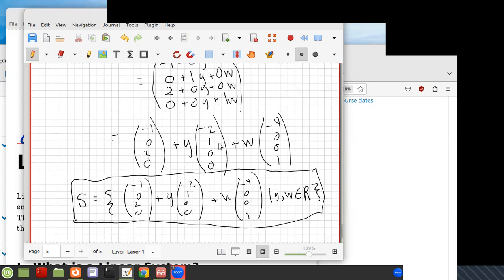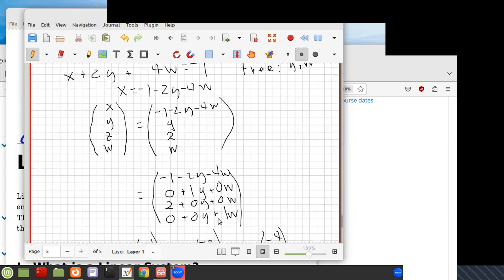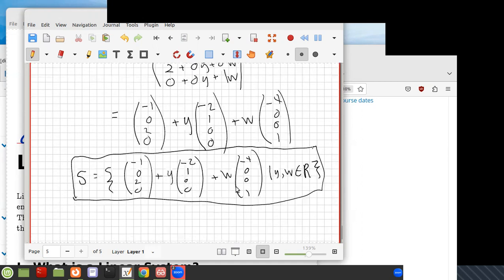Maybe you went astray somewhere along here, you stopped, or you didn't get to this final form. There's reasons for wanting this going forward. It's not just pedantic, but there'll be later on reasons for wanting to complete it all the way to this point where you have written it so that there's no variables inside the vectors. The vectors are just constant values there. So you guys, this makes sense? Okay, let me